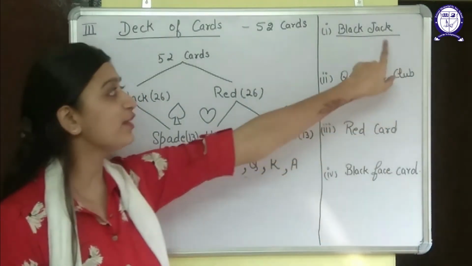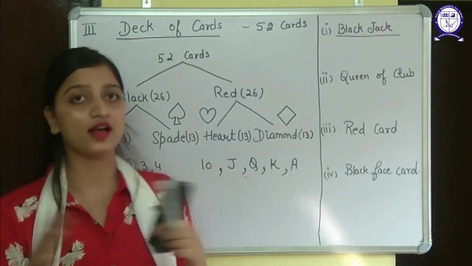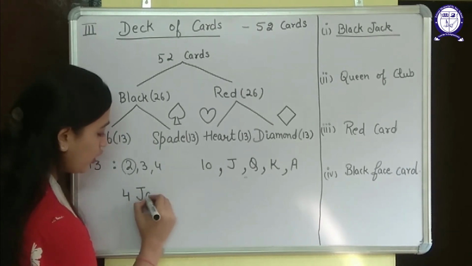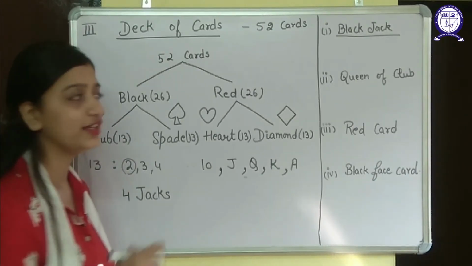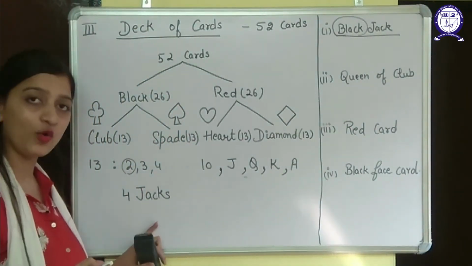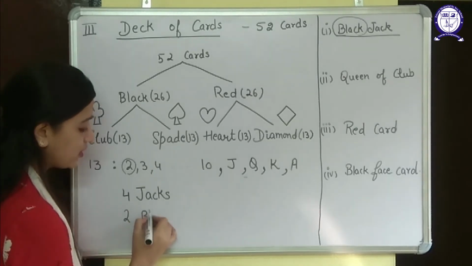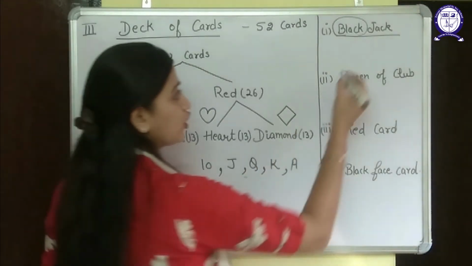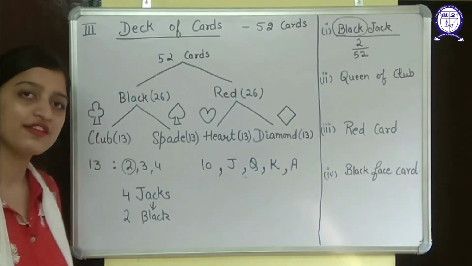Now first of all, see what it's asking about. It's asking about a jack. So in your mind think, how many jacks are there? Every card is repeated 4 times, so there are 4 jacks. But with jack, it has applied one more condition, that is, it should be black. Jack, there are 4, but I need black jack, so it will be 2 black jacks, because it will be 2 times black and 2 times red. So probability will be 2 upon 52, because total will always be 52.